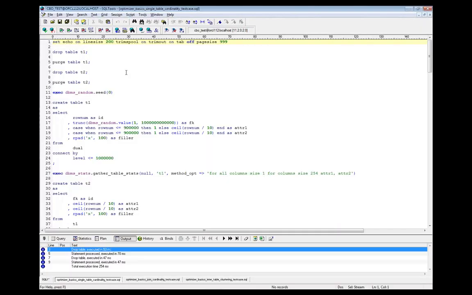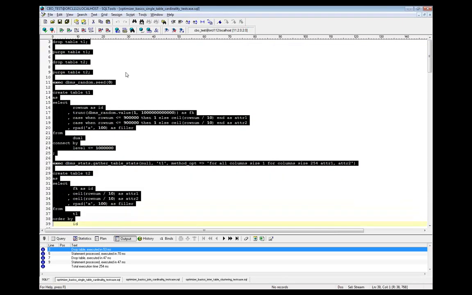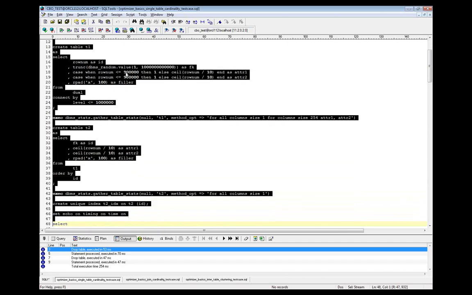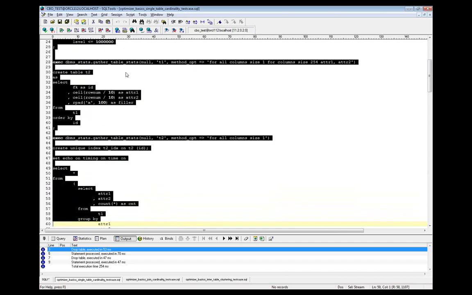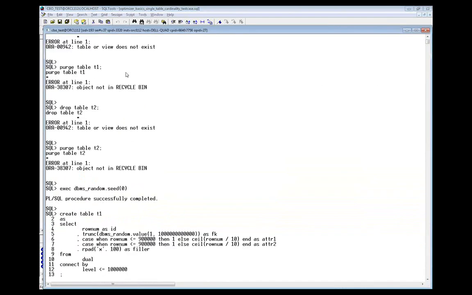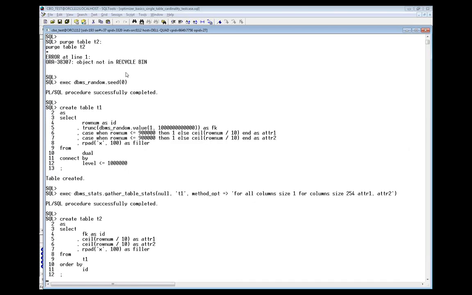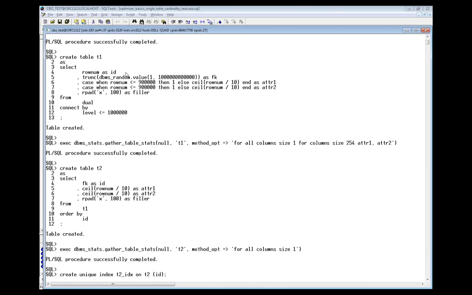What I do here is simply run a two-table join that I will prepare now, and we will have a look at what this is about. Suppose this simple two-table join that I run here is actually a very important